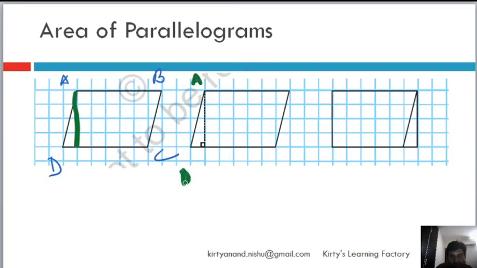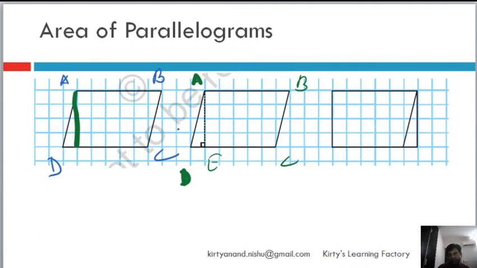AD, let's call this point E, on CB. So that's the dotted line which I have created here. It's a right angle triangle. What I have done is that I have drawn a perpendicular. Now you check this part out. Can I cut this part out and place it here? Yes, I can.